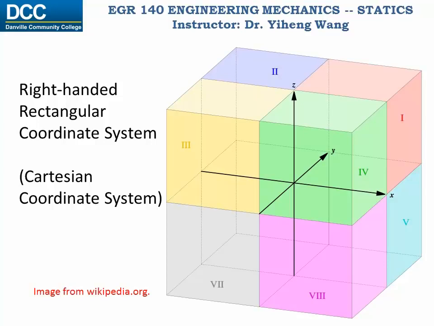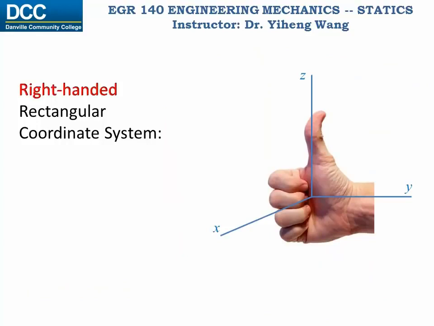The reason why this is called a right-handed coordinate system is because the positive directions of the three axes follow the right-hand rule, which means that if you roll the four fingers in your right hand from the positive x direction towards the positive y direction, as shown in this image, then your thumb will point towards the positive z